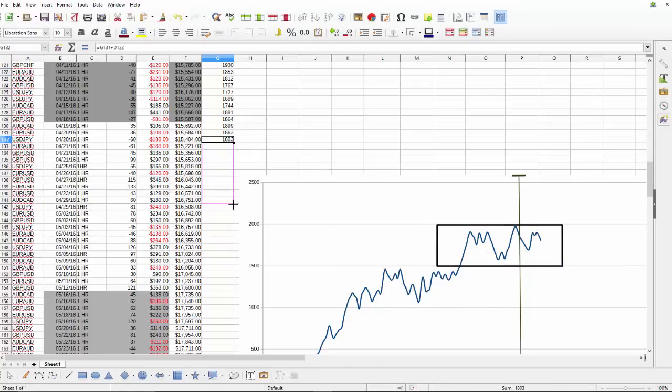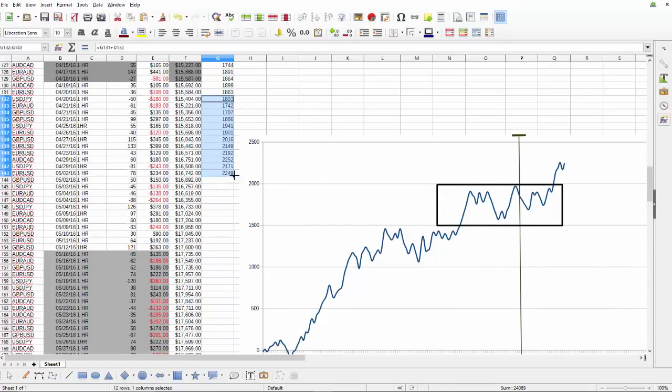Next week, the third week in April, came in like this, breaking above 2,000 pips, putting us into new equity highs. We were extremely excited about that. Finally heading in the right direction after about 5 weeks of nothing but sideways action on the equity curve was a big relief. Now the first week of May